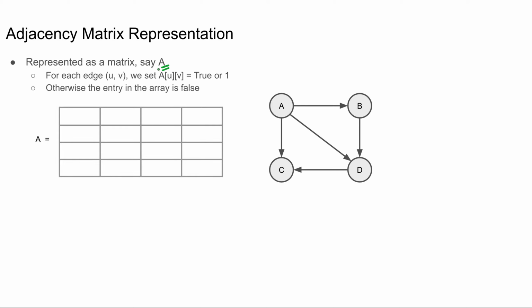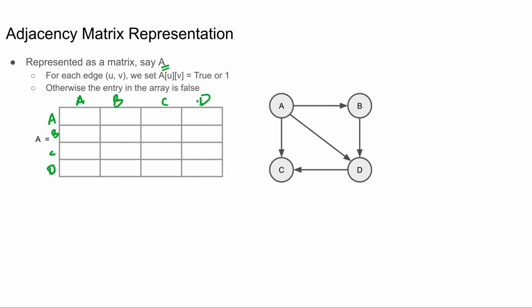That is, you have a matrix A here. We will be naming each of these columns and rows with the names of vertices. Here I have 4 vertices A, B, C and D. So this column is named A, this is B, this is C and this is D. Similarly, I will name the rows also with the names of the vertices: A, B, C and D. If you have v vertices, there will be v squared elements with v rows and v columns in the adjacency matrix. So this matrix is called the adjacency matrix.